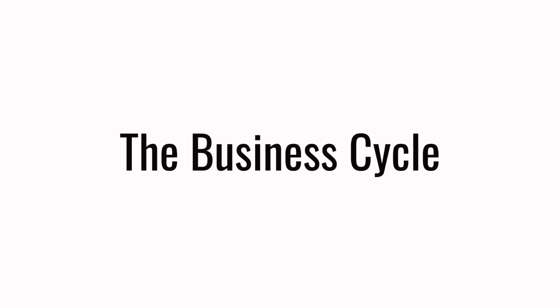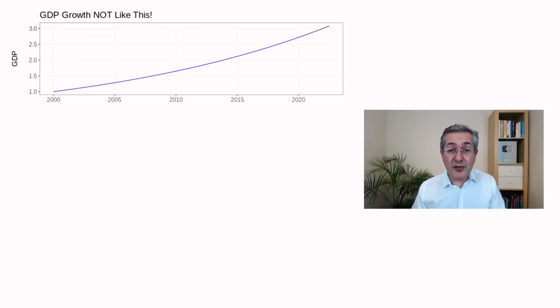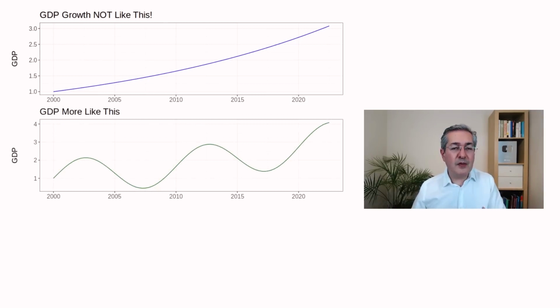So let's look at whether it's now time to invest and our explanation of the investment clock in a bit more detail. Let's begin with what we mean by the business cycle. Now, economic growth isn't a steady upward progression. Of course it's not. There are always setbacks. So this is where the idea of a business cycle comes from.